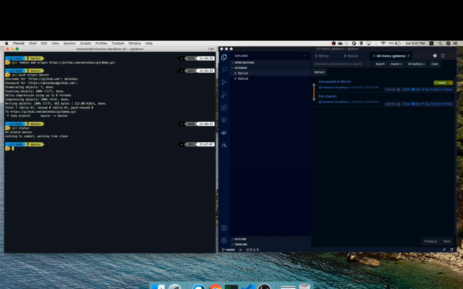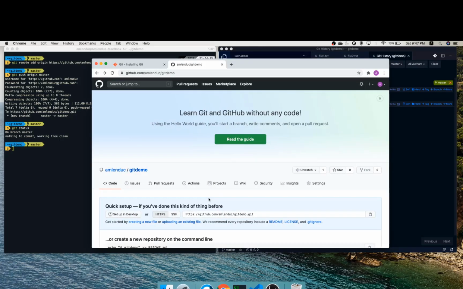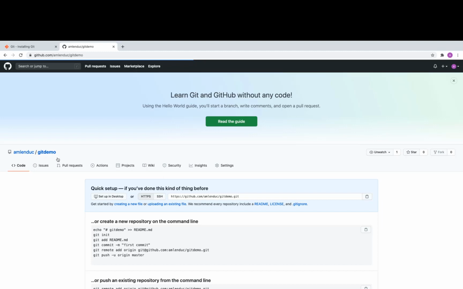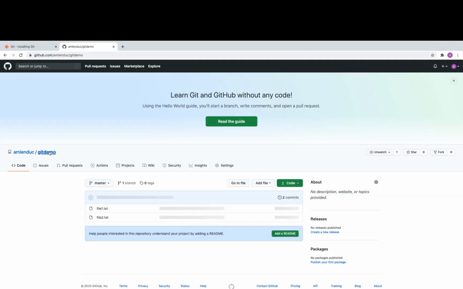Then we will go and look at whether our code is present in the remote Git repository, because we have pushed our changes from the local repository to remote. So as you can see, all our changes are present here.